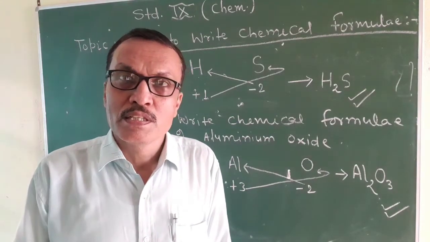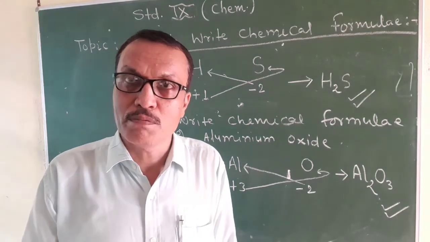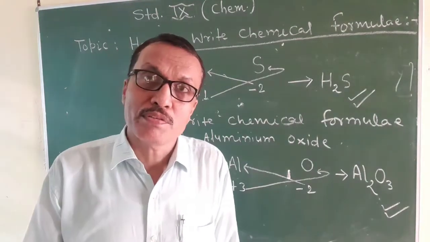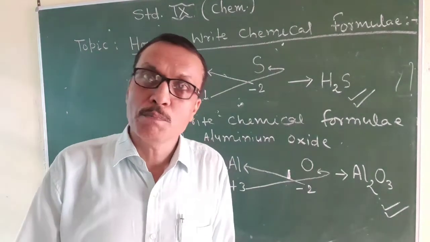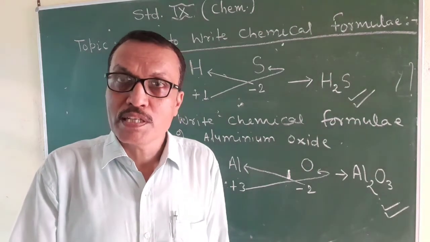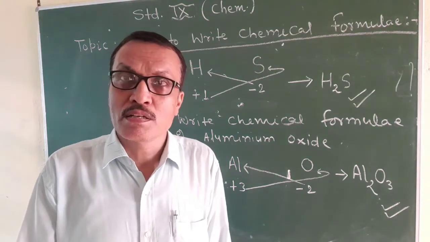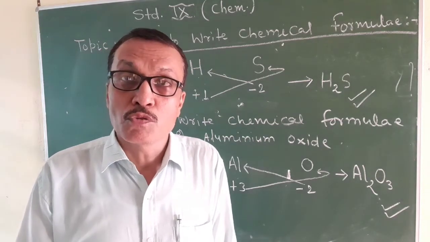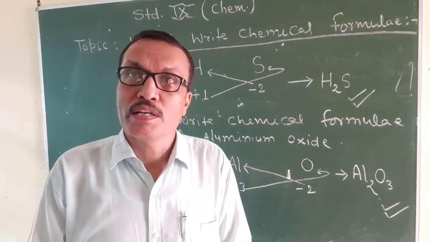Electronic configuration you must know. If you don't know how to write electronic configuration, then it will be a problem for you to know the valency of elements, and then you will not be able to write the chemical formula. So I hope you will memorize the atomic numbers of elements from 1 to 20, and also practice arranging the elements in different orbits according to the Bohr and Bury scheme, so that you can easily find out the valency of any element.